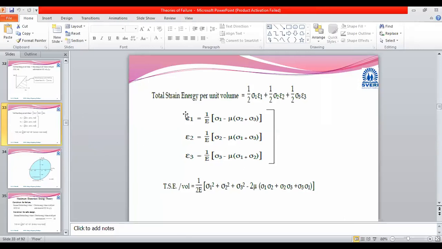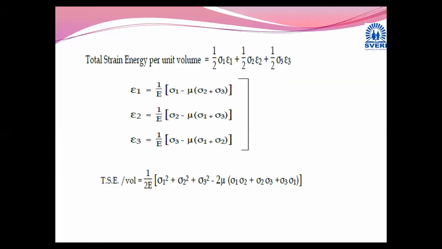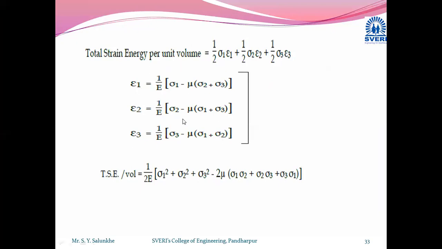So yesterday, I am going to take a quick review. What we have seen is the total strain energy or maximum strain energy theory, in which we calculated the strain energy from the principal stress equation, sigma 1 and sigma 2. Again, we are going to consider biaxial stresses, that's why we consider sigma 3 as 0. Hence epsilon 3, the strain in the third direction, we consider as 0. So we calculate strain energy per unit volume in two dimensions, epsilon 1 and 2.